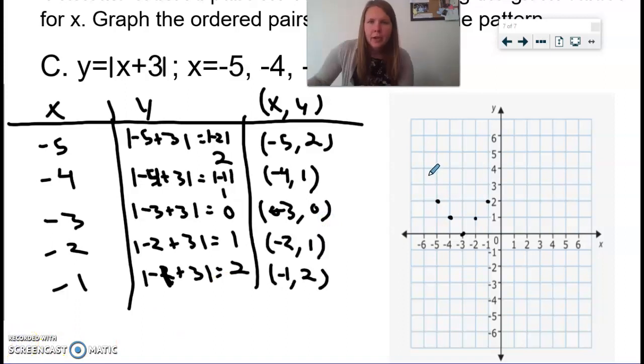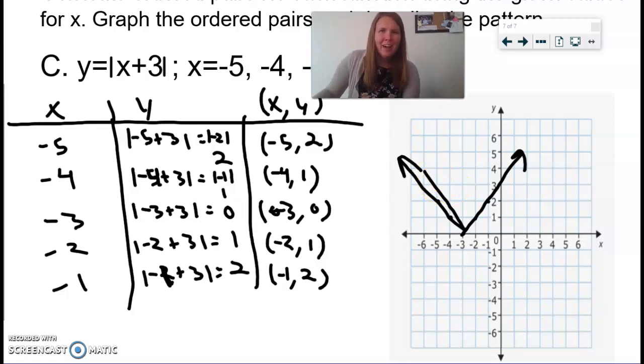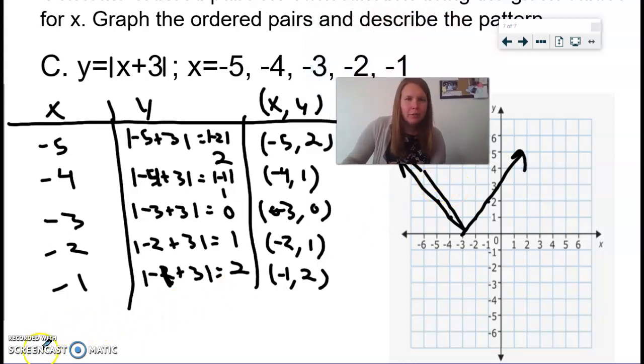Finishing off this graph, you end up having this one's actually more of a V, so it's straight. And again, I can't get through the lines very well. Whereas when you have those exponents, it was more of a U. This is more of a V, okay? Make sure to watch out